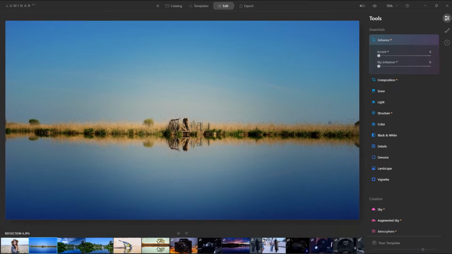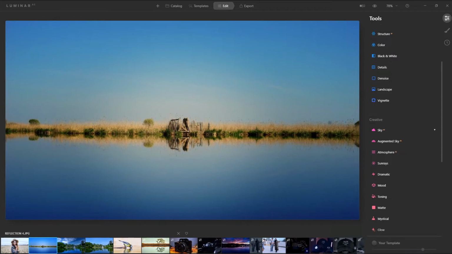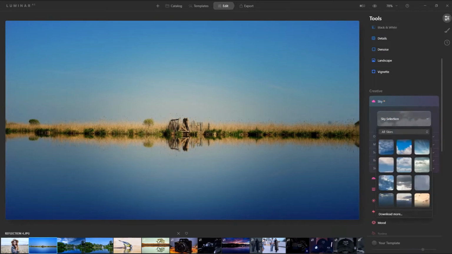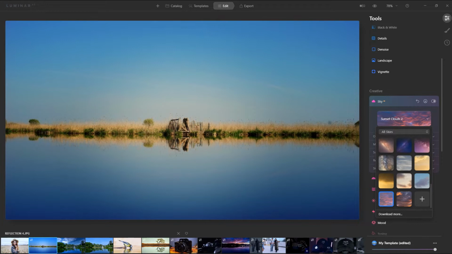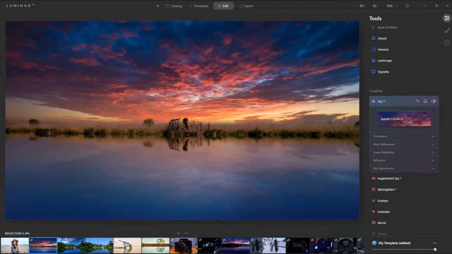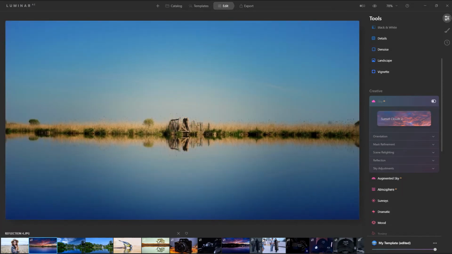So I have an image here. This is a stock photo where it already has some reflections. And the way this works is that when you put a new sky in here, we're going to go into Sky AI here. And I'm going to choose something super dramatic. Let's try this one, Sunset Clouds 2. And as you can already see, the reflections in the water. Let's compare that to the previous one.